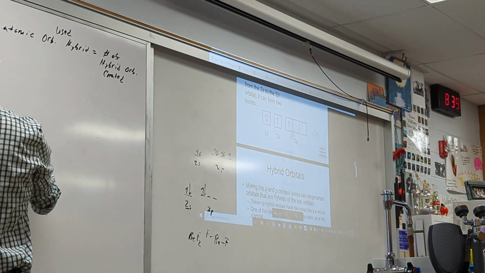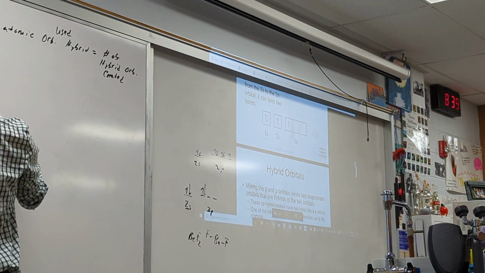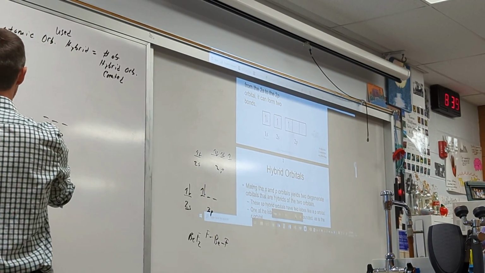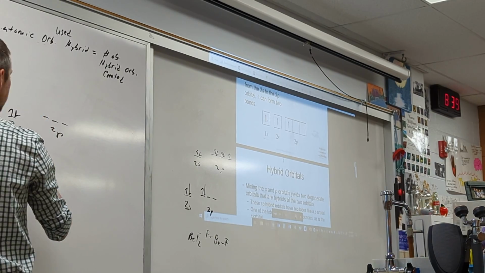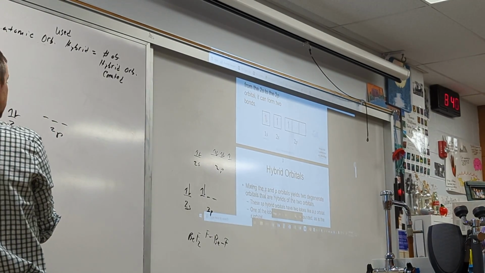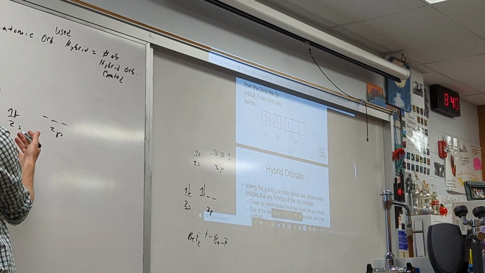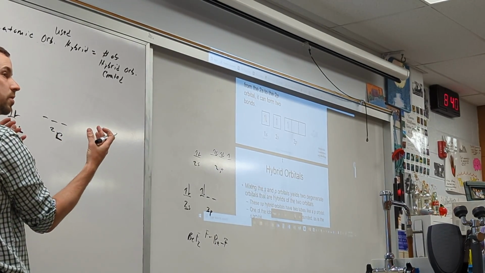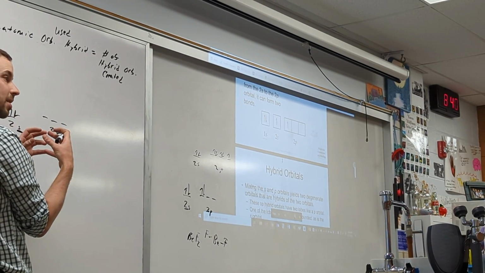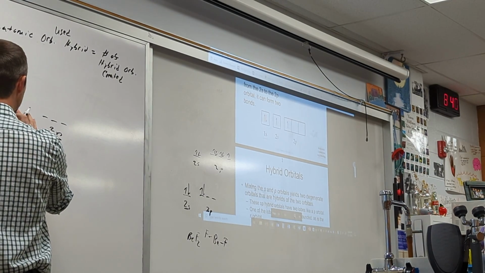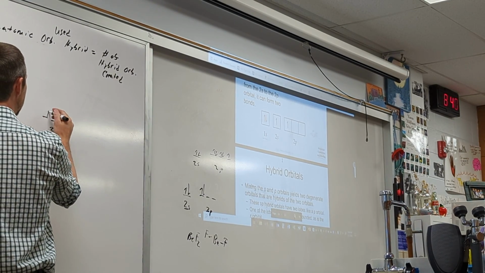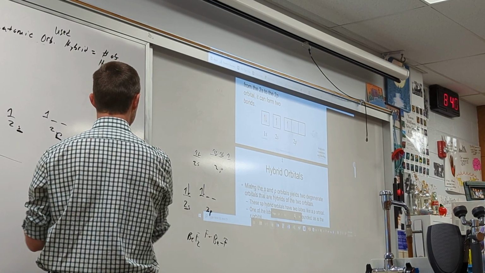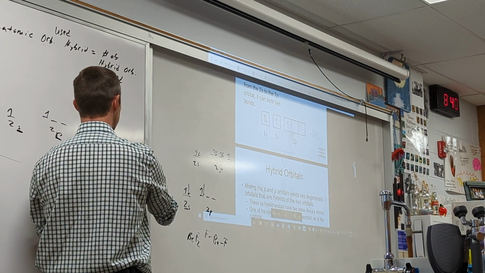If we're drawing a potential energy diagram for beryllium, here's the 1s, the 2s, 2p. The core electrons don't do anything. This is what it would typically look like. Now, hybridize means mixing the s and the p orbitals together. You actually mix them. If we take one of the s's and one of the p's and hybridize them together, we create an sp hybridized orbital.